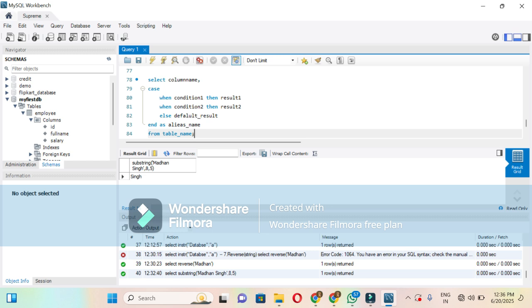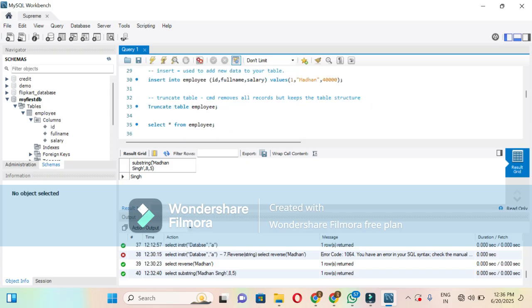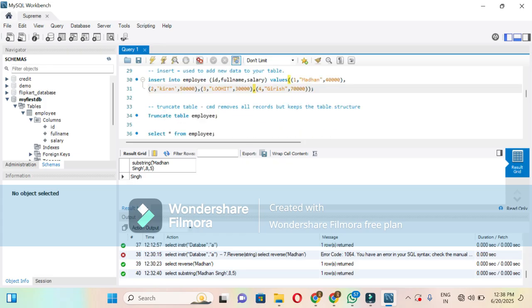To see this CASE statement with an example, I need to add 3 to 4 records in the employee table. That's why we can add 3 to 4 records in the employee table. Now you can see I've written a SQL INSERT query which is going to add 4 records in the table employee. If I run this,